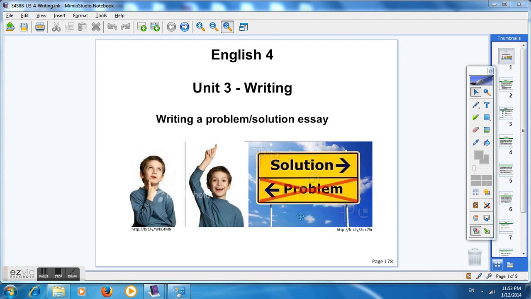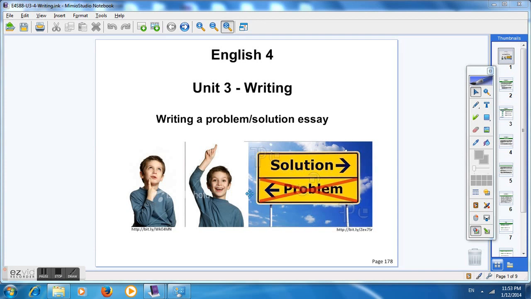So, Task 3 is about writing a problem solution essay. So, what do you think of this boy? Okay, the boy has a problem, and of course, he thinks of a solution. If we have a problem, we certainly have solutions to that, and that is what you're going to write about